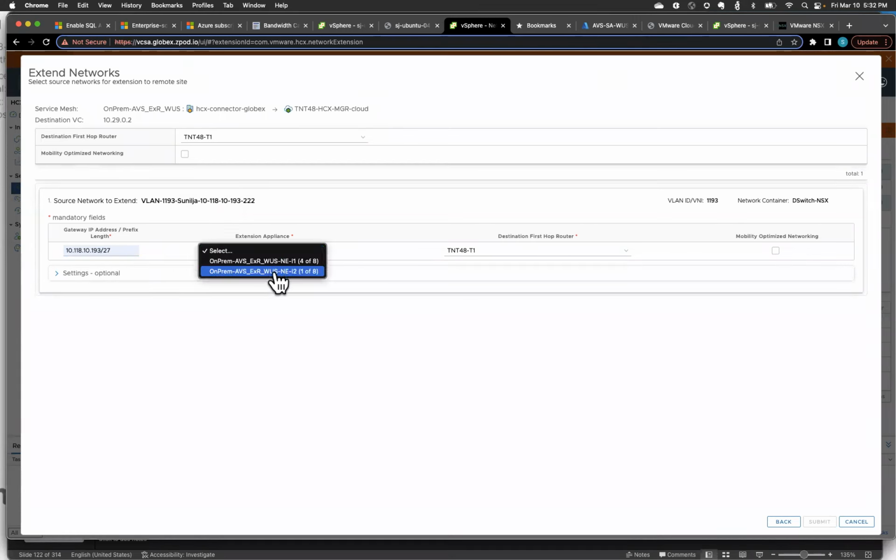I have a couple of appliances already set up, so I'm going to pick one of these just to distribute the load. Each of these network extension pairs can extend up to 8 VLAN. So next thing I'm going to do is submit. So in this exercise right now, I'm not